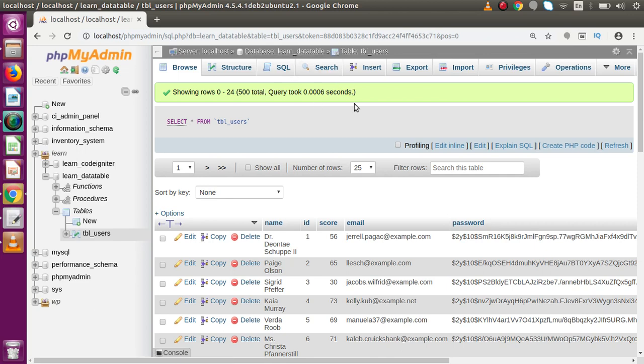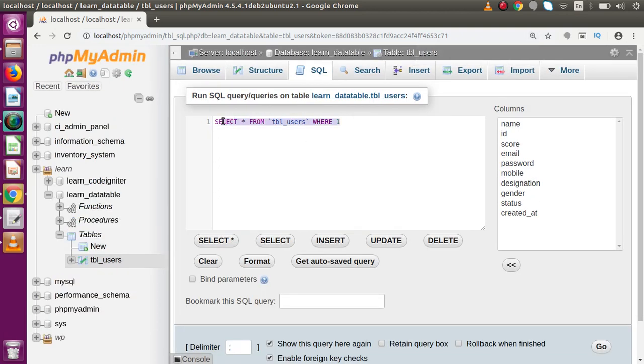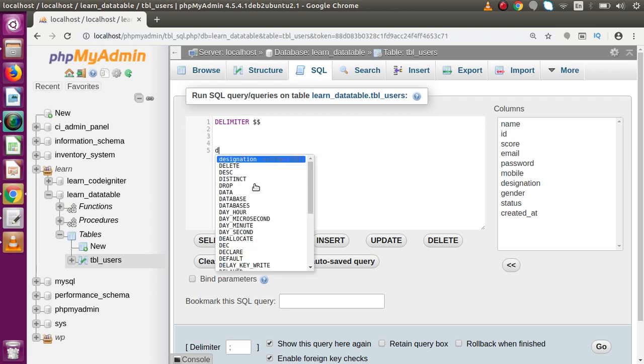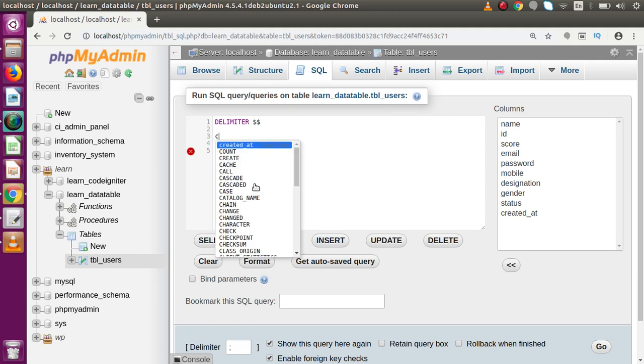currently I am inside one of the tables of this database called tbl_users. Now we are going to create a stored function which takes a parameter as a string value. Let's say that on that string, if we want to replace some substring with some value, then we can do that. So go to the SQL tab. Now if I zoom in, let's define the logic of our stored function right here. Let's say delimiter, and here is the delimiter, and then delimiter semicolon again. Let's create